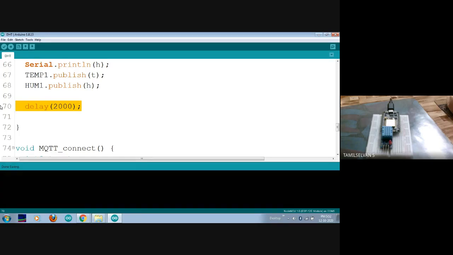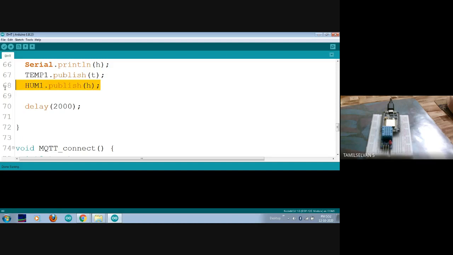And the second restriction is the number of data that you can update in a minute. Per minute you can update only 30 data. So either you can send 30 temperature values or 30 humidity values per minute. But I'm updating two different values at a time, temperature as well as humidity. So for each and every transmission, I'm sending two data. It means that I should send only 15 transmissions, because I'm sending twice the data.